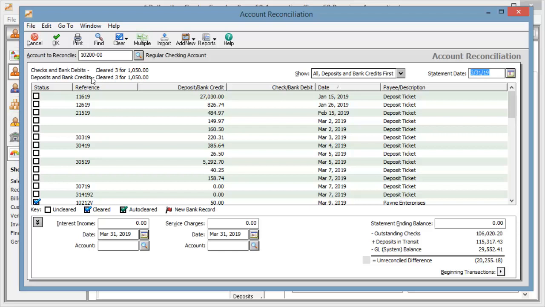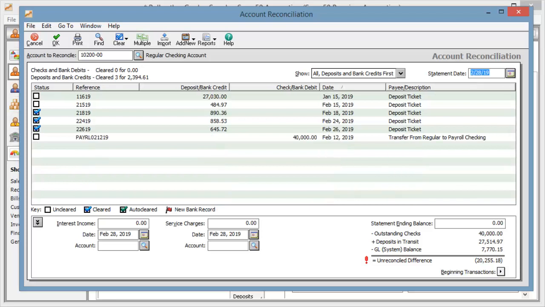You can use this window to reconcile the transactions entered into Sage 50 with the bank statement for the account. To reconcile, first enter the bank statement date in the Statement Date field. This date will determine what transactions are displayed. For example, if you would like to reconcile a previous accounting period, you can enter the bank statement date for the previous accounting period in this field, and only transactions dated up to the end of the previous period will